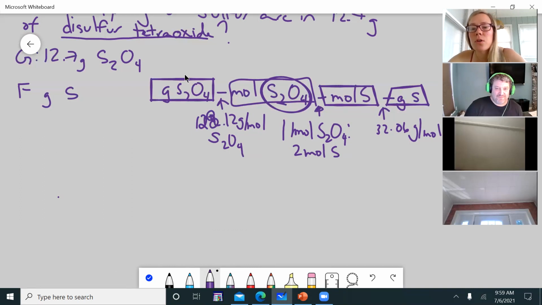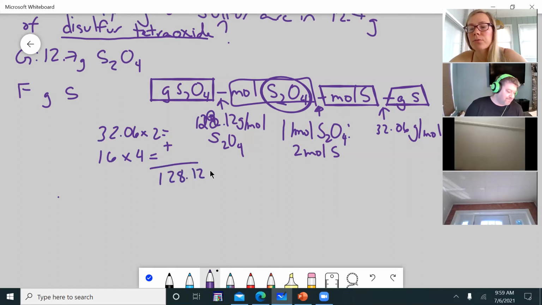Yeah, Andrea, so you take the mass of sulfur, which is 32.06. You multiply it by 2 because there's 2 of them. We take the mass of oxygen, which is 16. We multiply it by 4. We get those 2 values and we add them up for a total of 128.12 grams per mole. So start with our, oh, good. Okay, good. So start with our